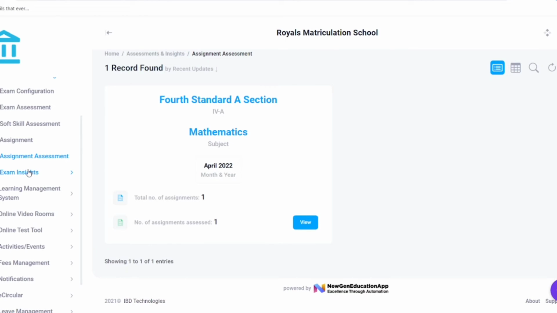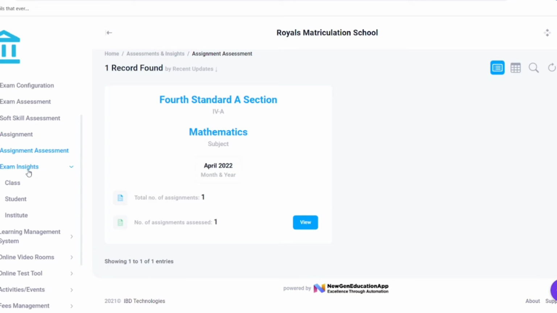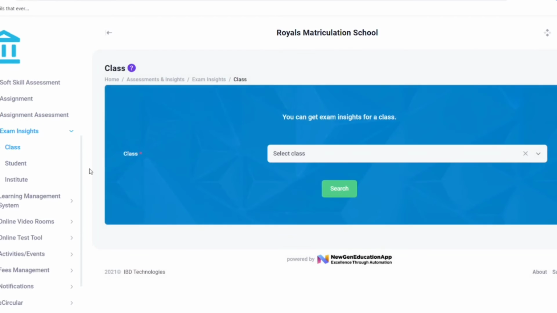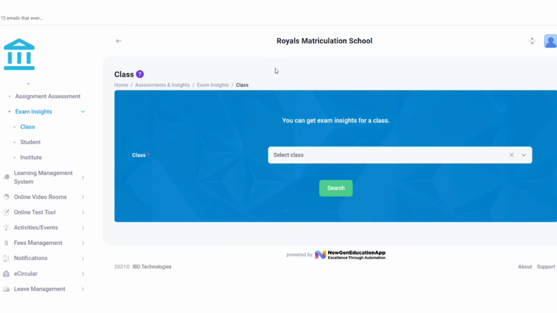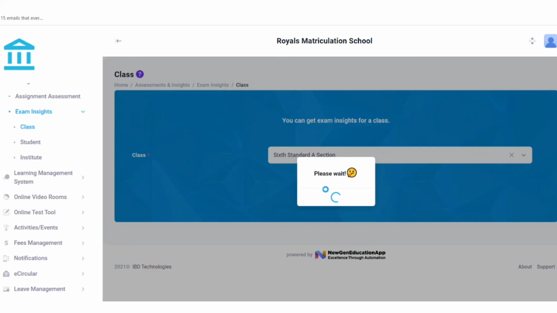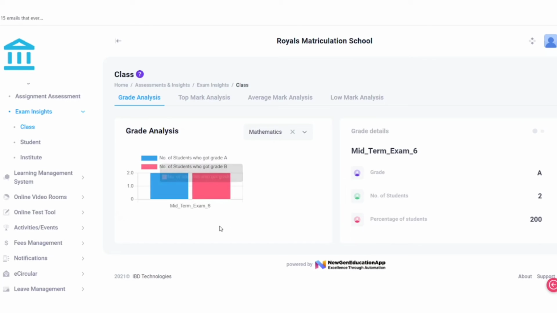Next up is the exam insights. So here admin can view the exam insights, which is very important for them. They can view the class insights, the exam insights for a particular class. Click on class, then select the particular class and click on the search button. Here you can view various analyses like grade analysis, the number of students who got A grade, B grade, and the grade details